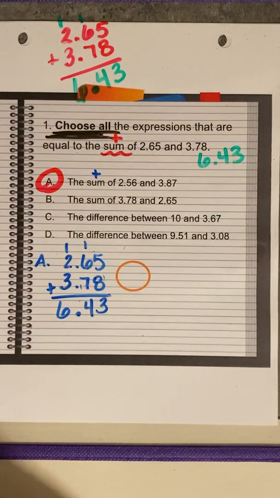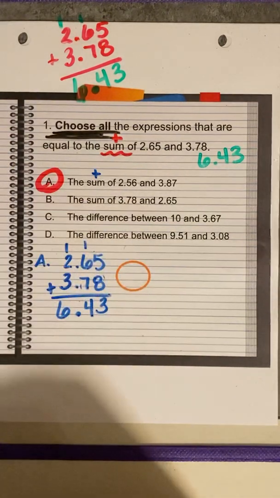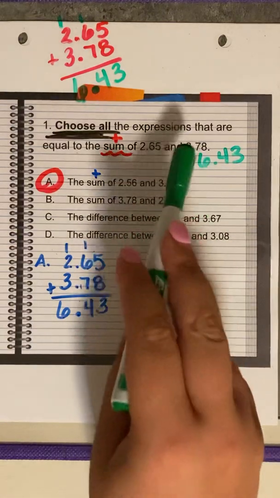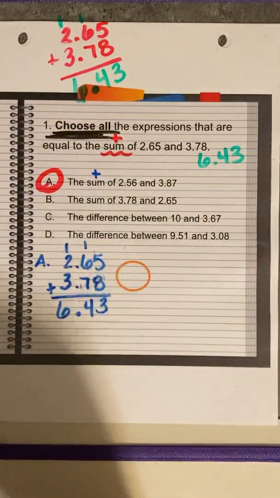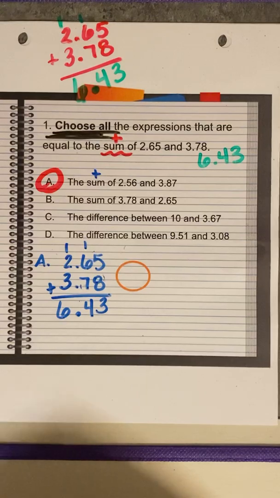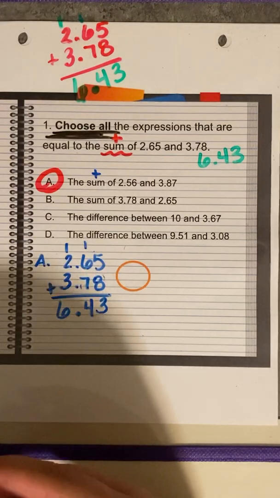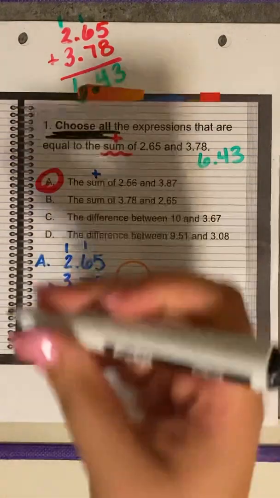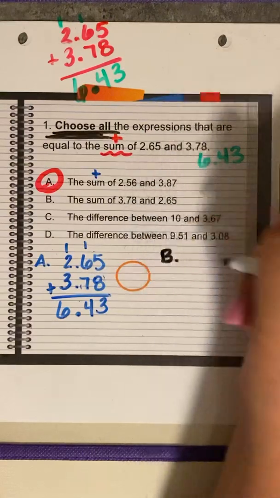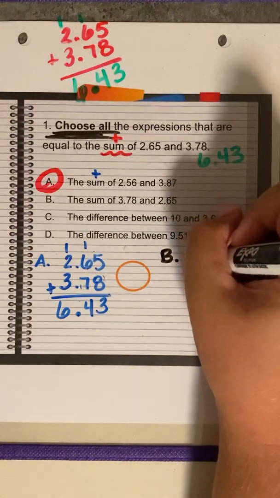So we are going to take a look at this. If you notice, these look like the same numbers. They are. If you add them in a different order, let's see what happens. Let's see if it makes it the same or if it's different. So I'm going to put B. We are going to do 3.78